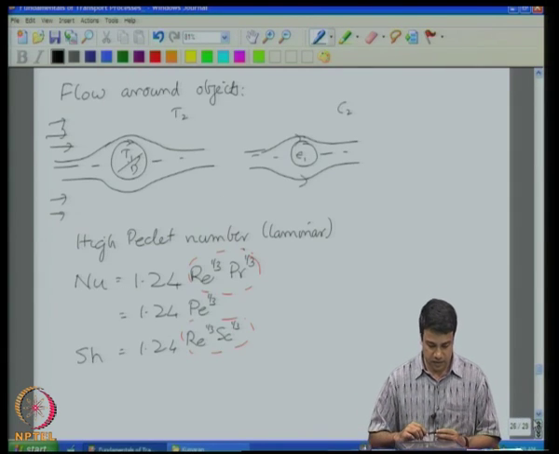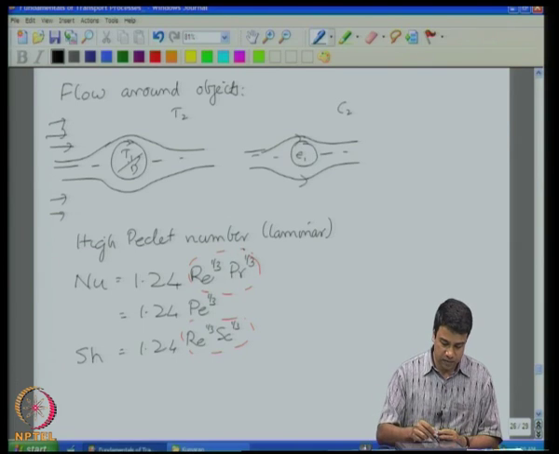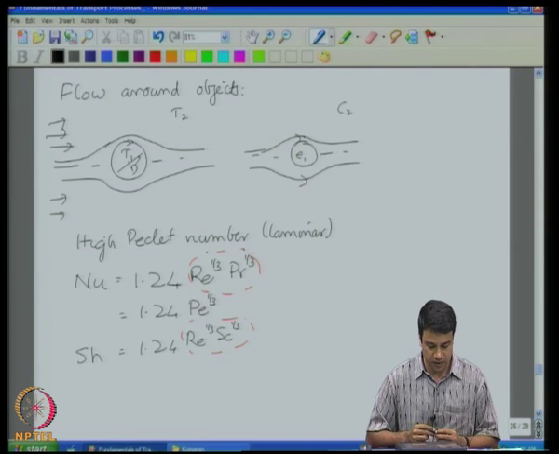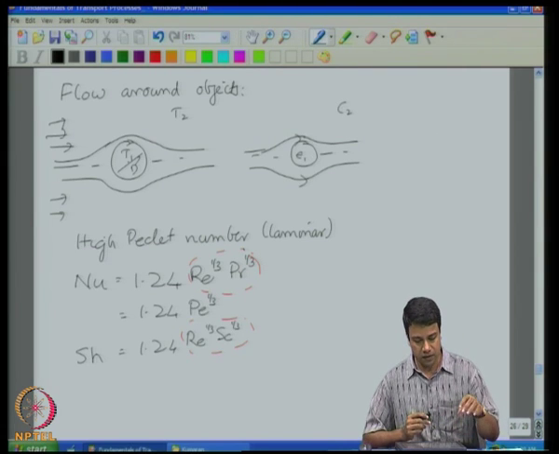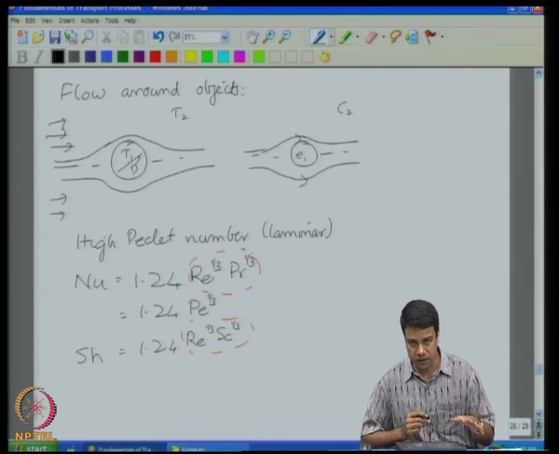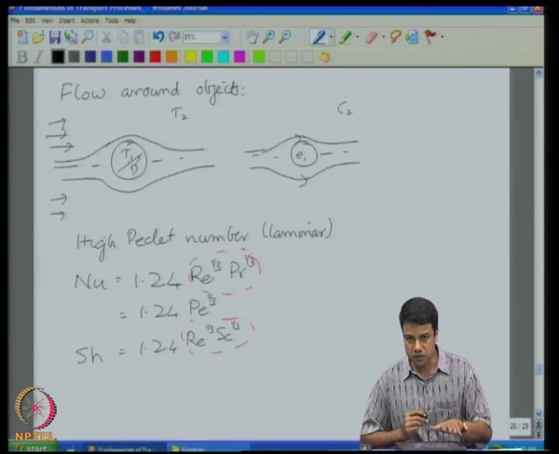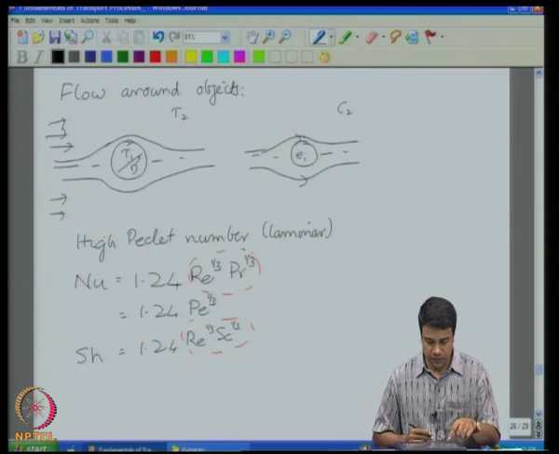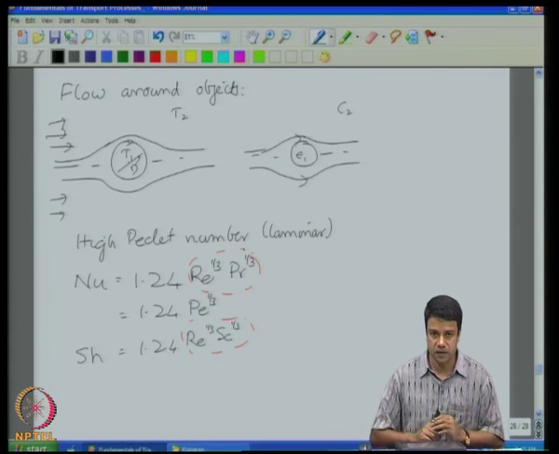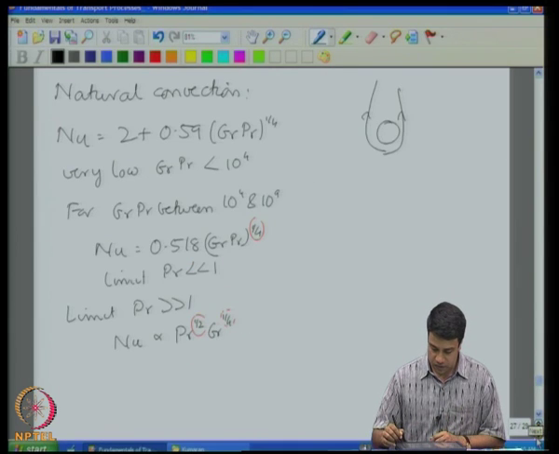For the flow around objects, why do these kinds of relations come about in the limit of high Peclet number for laminar flows? In the case of forced convection, I am given what is the velocity around the object, but I do not know what the temperature is. Temperature is transferred by convection along with the velocity, it is also diffusing across the object. I have to solve for those two independently in order to find out what the temperature field is. From that, the gradient of temperature at the surface times the conductivity will give me the flux. So, the remaining course will focus on